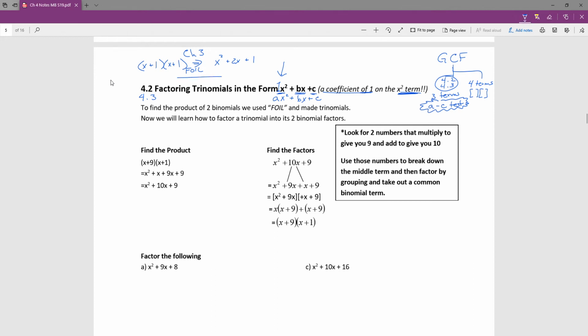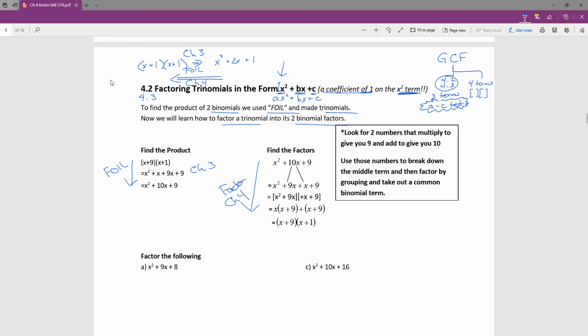So how are we going from my trinomial to my 2 binomials? And so this is chapter 4. And to get there, we need the AC test. So to find the product of 2 binomials, we FOILed it out to make a trinomial. Now we're going to learn how to go the other way, to factor a trinomial into its 2 binomial factors. And so this is the example of that. So not the example I put at the top, but if you had these 2, you could FOIL it. And that's what we learned in chapter 3. We're now going to factor it